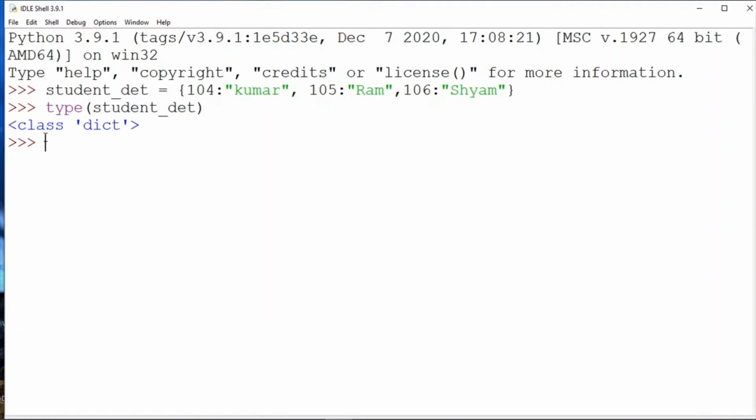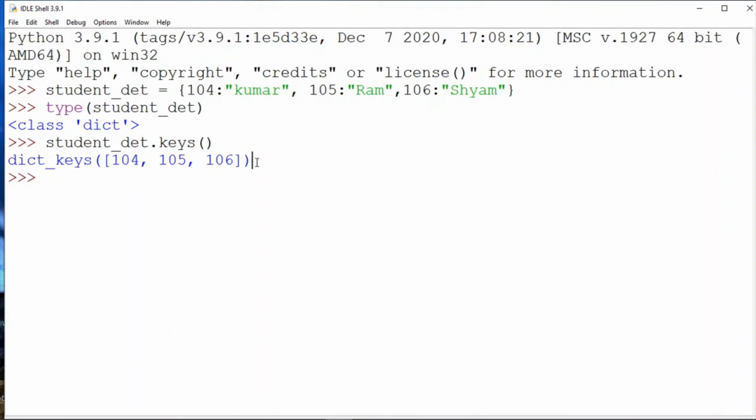Now if you want to check the keys of your dictionary, then you just use your dictionary name, that is student dot keys, and just press enter. So it will give you the keys of your dictionary.